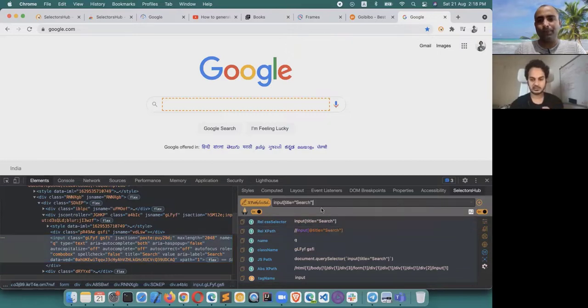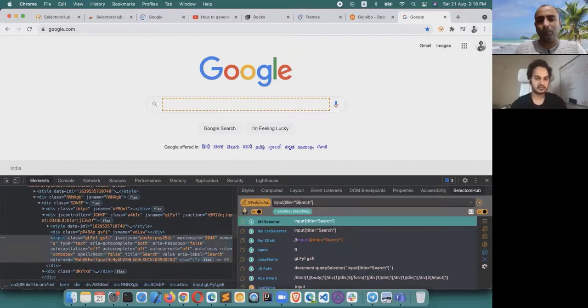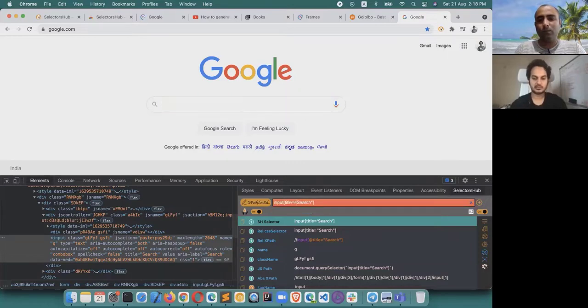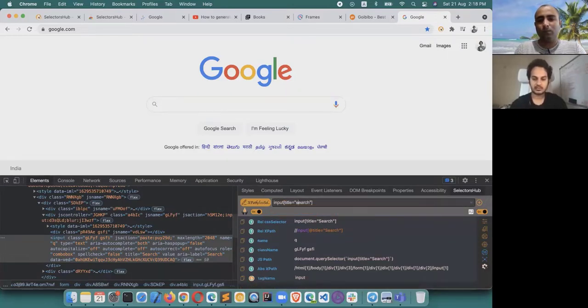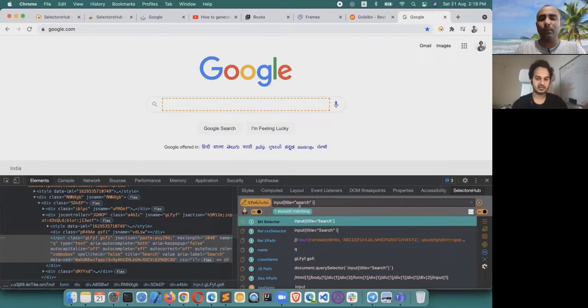Right now it is showing one matching node. If we convert this S into a small s, then it will show zero matching nodes, right? If you want to make this XPath or CSS selector case insensitive, that feature is also there. You just click on this button. This is converted to case insensitive. Now, if you press enter, it will show one, even though the s is small. This helps a lot in learning how to make it case insensitive or case sensitive. All those features are there in SelectorsHub.